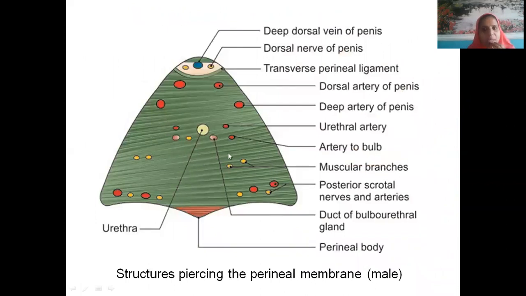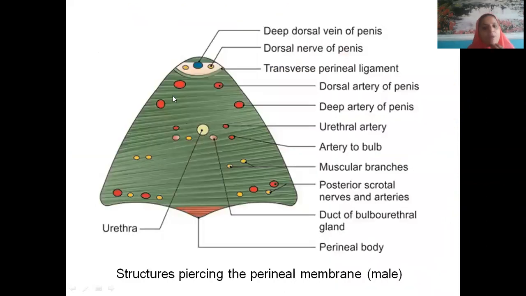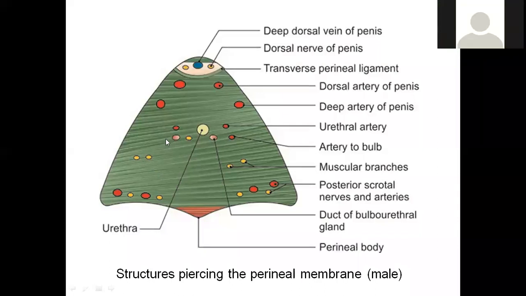Suppose this is all perineal membrane, this green line. Here white color has been shown. This is a Chaurasia's picture where you can see it, because what the perineal membrane is, is again a separate question. 5 marks or 3 marks it will come. We should talk about its attachments and then we should know what structures are piercing. So if you practice this diagram, you can write in your own words.